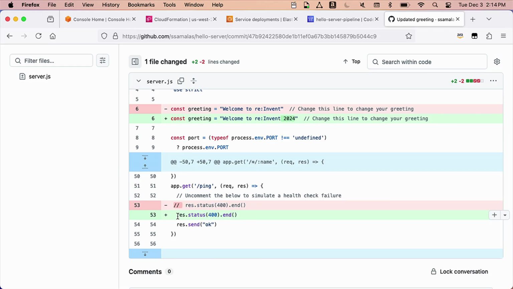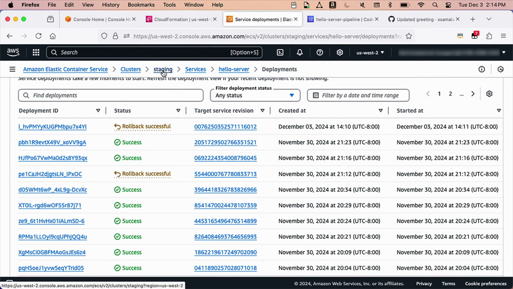And this line 53 is actually creating the problem here, which is introducing health check failures. So the application is not actually going to the new version. Now, before doing that, I'm going to